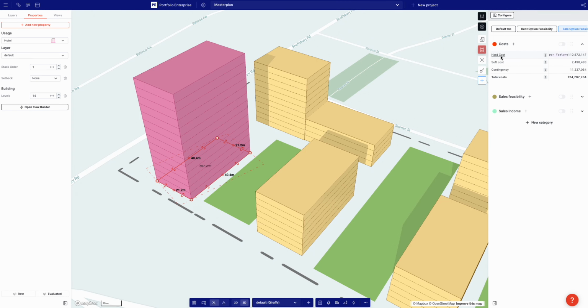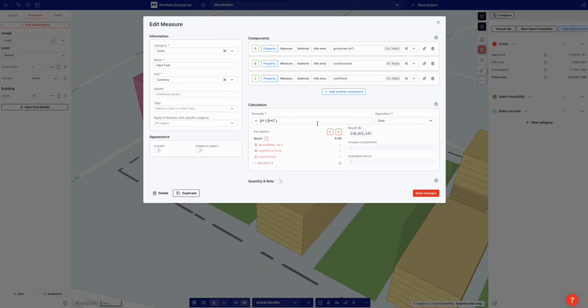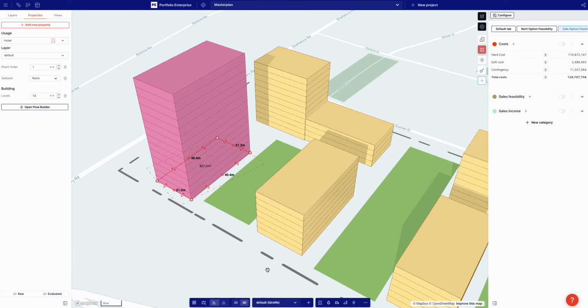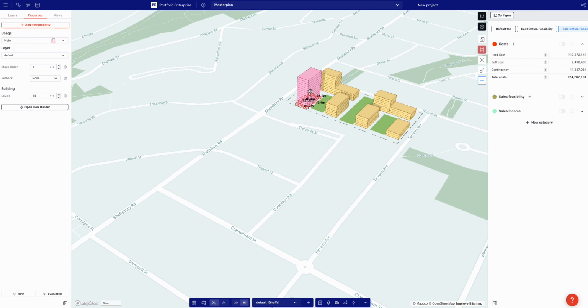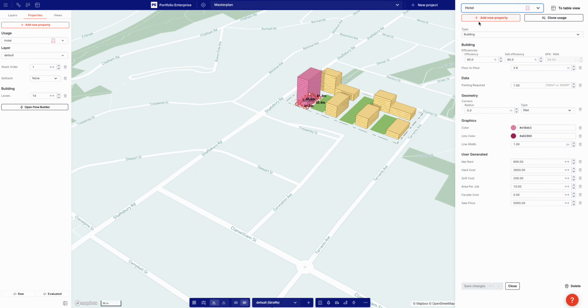Okay, and so you can see we go through like that. Now, if we get to the hotel, we should see that this thing breaks down because the hotel doesn't have the structure and the fit out cost applied to it. Okay, so the way we're going to fix that is we select hotel, we go here, and let's just add